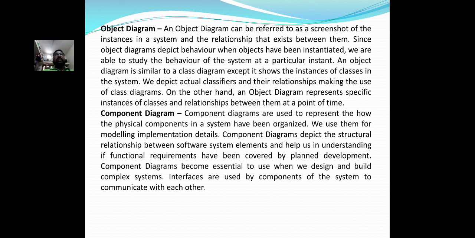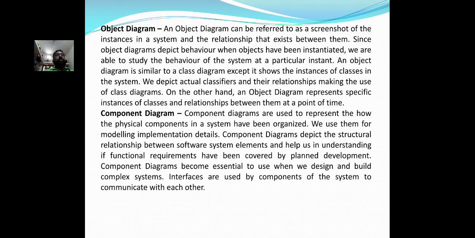An object diagram is similar to a class diagram except it shows the instances of the classes in the system. We depict actual classifiers and their relationships making use of class diagrams. On the other hand, an object diagram represents a specific instance of classes and relationships between them at a point of time.